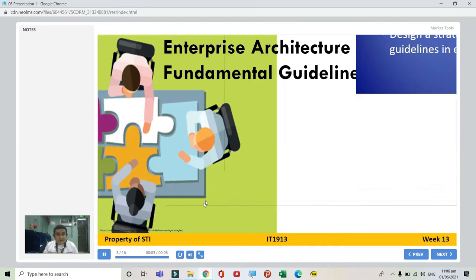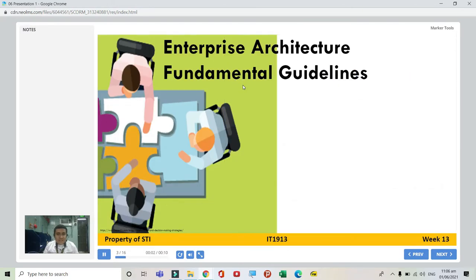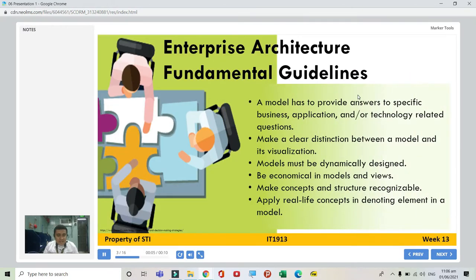Okay, let's start. Enterprise Architecture Fundamental Guidelines has various guidelines. Remember, when we say guidelines, these are our guide, right? That's why they are called guidelines. Our guide, our standard, our bearing, what we will do to make it the correct one. Okay, so they gave many guidelines here. What we just need is to observe them. More than following them, we need to observe them because